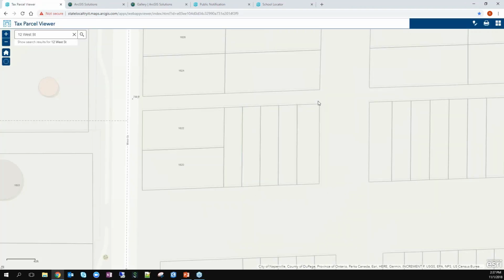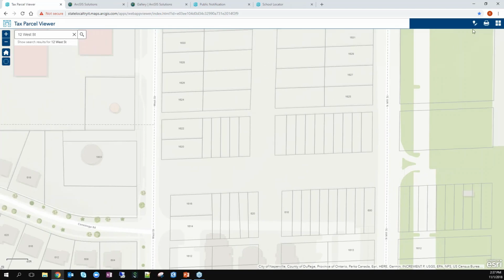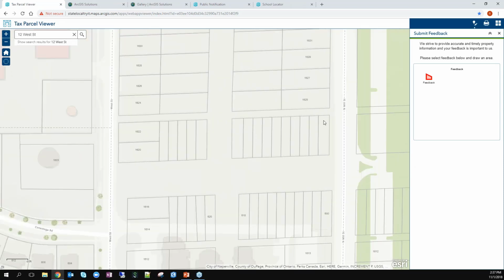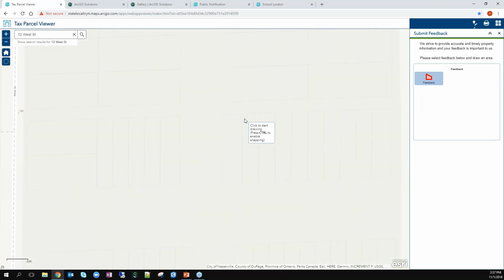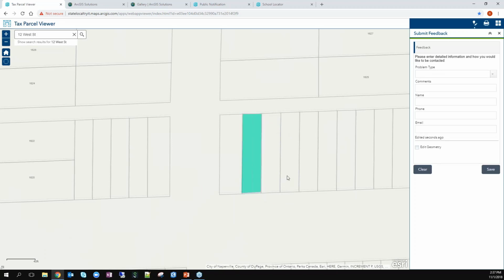Also in this application, your users have the ability to provide feedback on the data and the quality of data that's shipped out through this application. So there's a simple submit feedback tool. Let's say I am the owner of this parcel and I've got an issue with the way it's maybe drawn, or maybe it's some attribute information about it. I can digitize where my problem is and what the problem type is. So maybe it's a characteristics issue. I provide some comments, my name, phone, email, and then hit save,